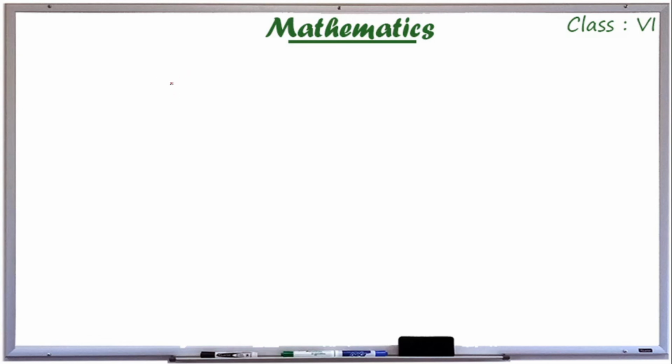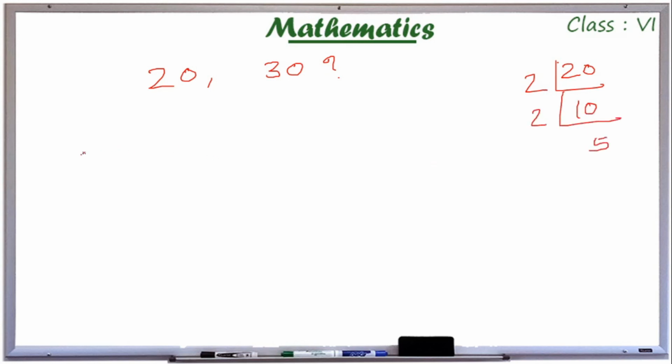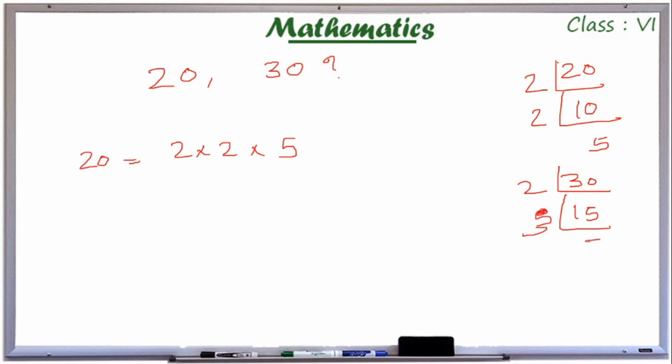We have already discussed the highest common factor of 20 and 30. Now I am going to find the common factors using prime factorization. For 20, I have to prime factorize. I have to divide it by prime numbers. So 20 I can write as 2 into 2 into 5. Also 30. 30 I can write it as, if I divide by 2, then 3 and then 5. So 30 is equal to, after prime factorization, 2 into 3 into 5.